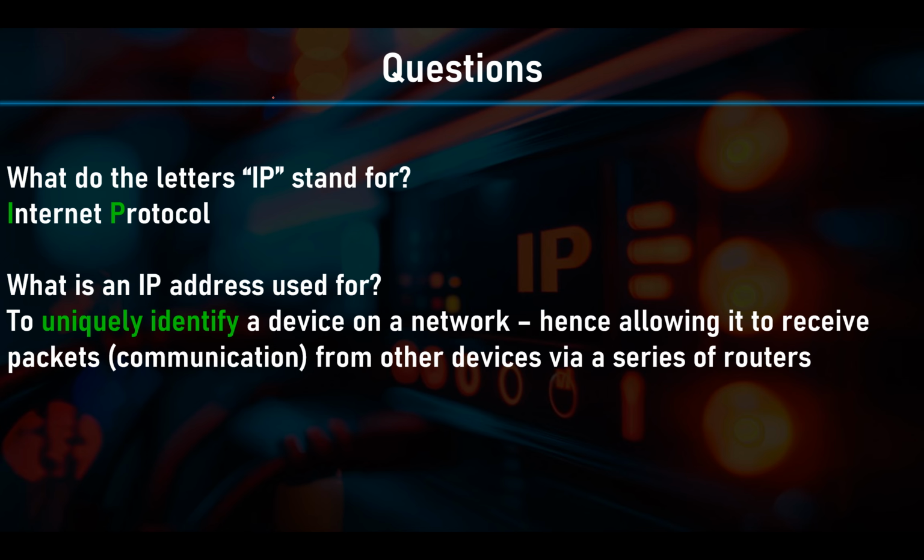So we can say it's to uniquely identify a device on a network, hence allowing it to receive packets, or communicate with other devices via a series of routers. And hopefully people remember this really is just packet switching. So let's say the device will send the packets to the router. The router will then inspect the destination IP address of each packet. It's then going to look in its routing table, and basically it's going to compare the destination IP address